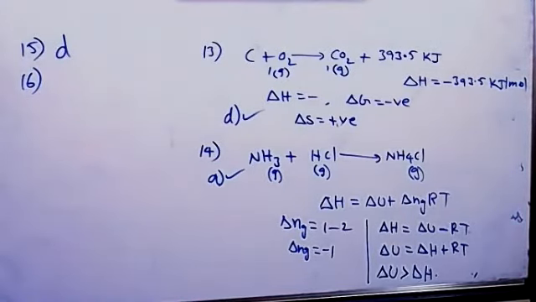16. Consider the Born-Haber cycle for the formation of an ionic compound given below and identify the compound Z formed. So what is Z here? That is some ionic compound. I think here M plus and X minus. Yeah, that's B only correct answer here. M plus X minus. B is the correct answer. Cation is M plus, anion is X minus. Finally, Z obtained product is M plus X minus only.